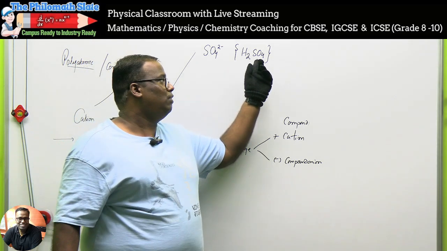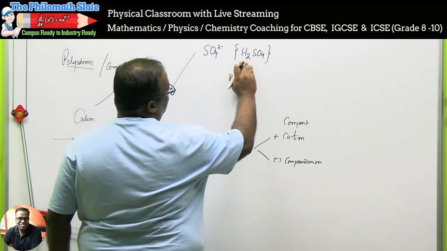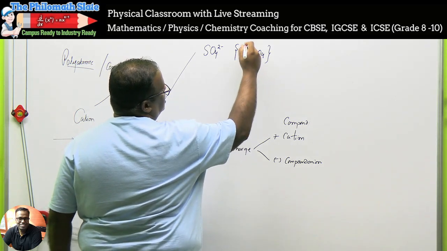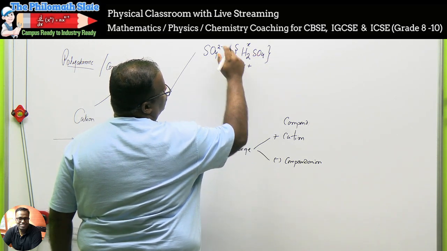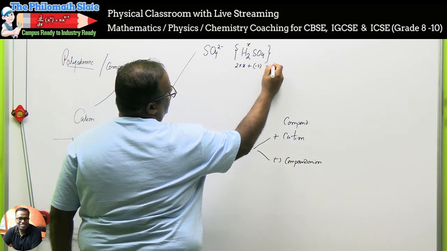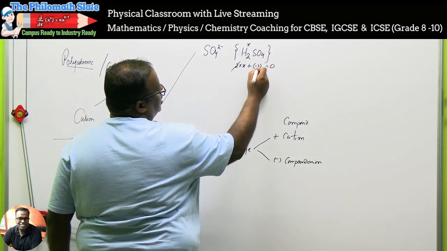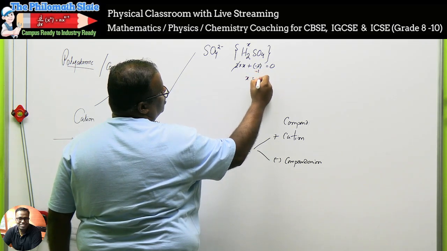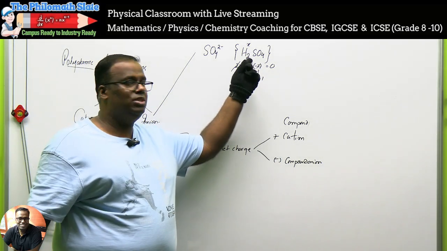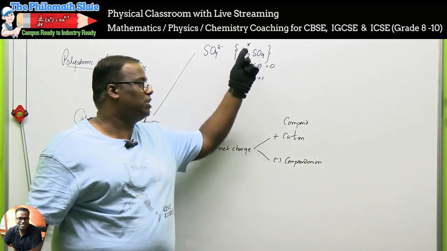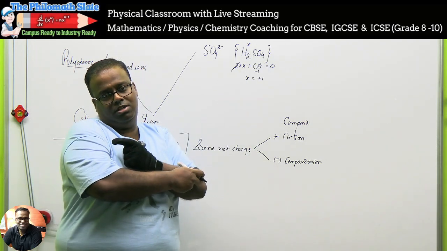Okay. Sulfate, I said, is SO4 2 minus. So if you want to find out the oxidation state of hydrogen here, I say the oxidation state of hydrogen is X. I don't know. 2 times X plus SO4, which is 2 minus, gives minus 2. And since this is a stable compound, it should be 0. So what is the value of X? You yourself see, 2 and minus 2 cancel, so X is equal to plus 1. So hydrogen is standing with an oxidation state of plus 1. How many hydrogens, sir? 2 hydrogens. So plus 1 plus 2 balance out this minus 2 and the compound is stable.